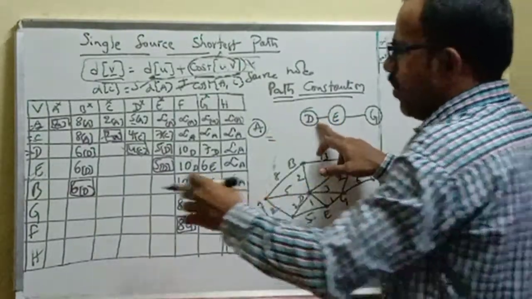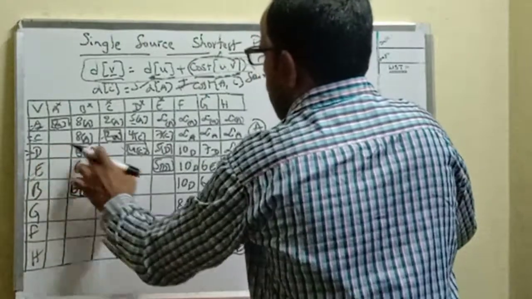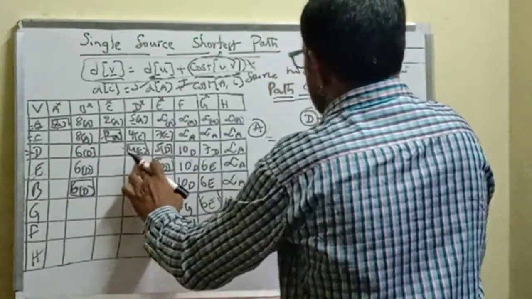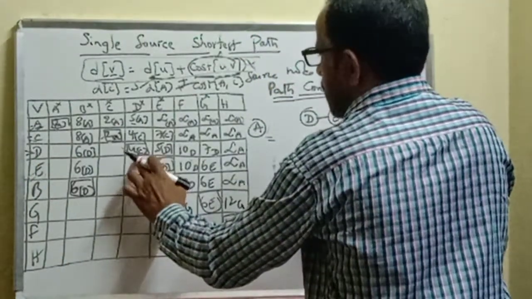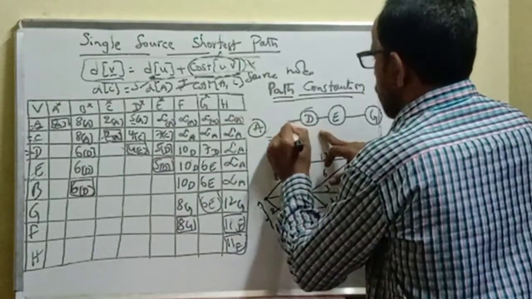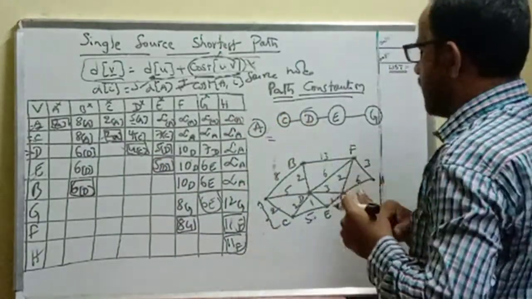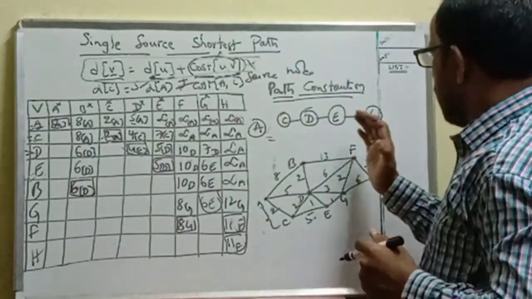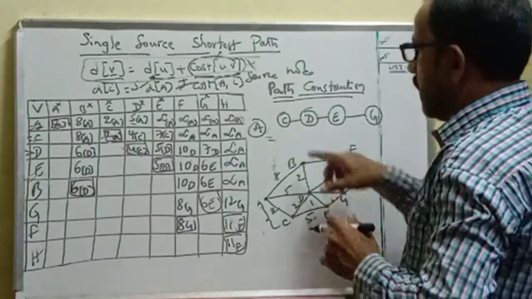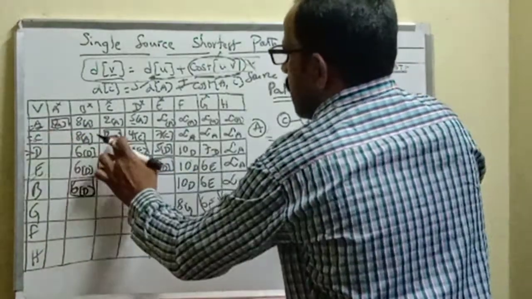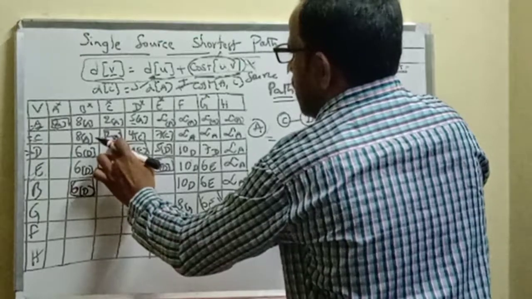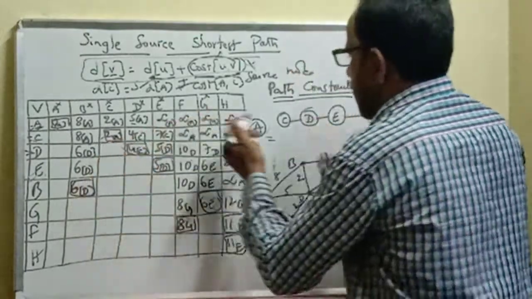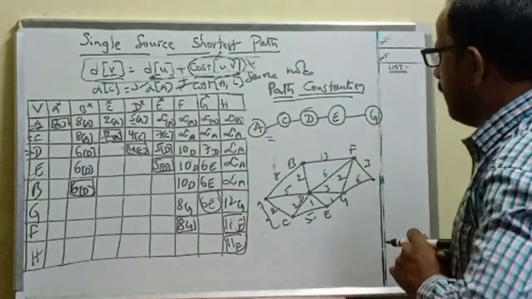Same way, then go to row D and identify which number is there and that number's subscript. What is the subscript of that number? C. Subscript of that number is C. So here we are constructing the path from target to source node. Then go to row C. The C row is represented with the number 2, but the subscript is A. Anyway, A is the source node. Now in this way we can construct the path.